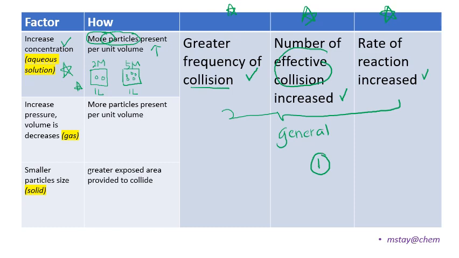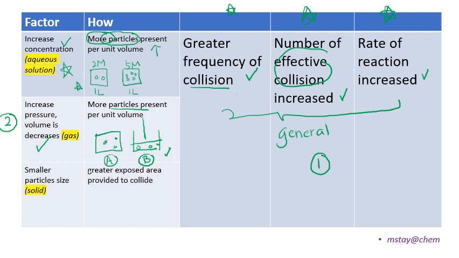Okay, now we proceed to the second factor, which is increasing the pressure. When we increase the pressure, we understand that the volume of the container is going to decrease. So for example, this is the container with gas. Now because you increase the pressure, the volume is decreasing. When we compare container A and container B, you will notice that in container B, due to the volume decreasing, the particles present per unit volume also increase. This will cause the frequency of collision to increase, followed by effective collision increase,